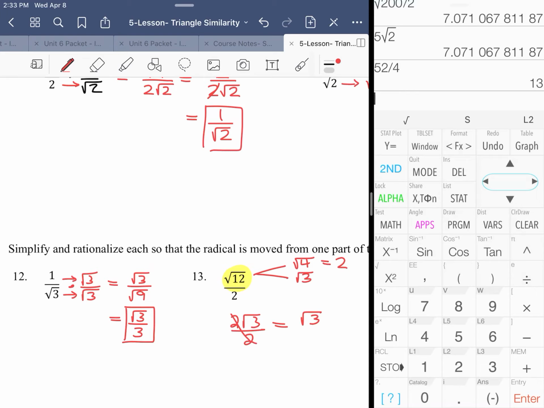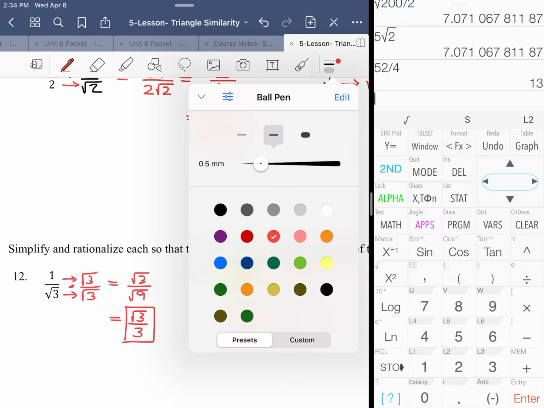which is wonderful. But we didn't do what they asked us to do. I mean, we did part of it. We simplified, but we didn't simplify and move the radical from one part of the fraction to the other. All right, so I now need to rationalize this. So I'm going to multiply top and bottom